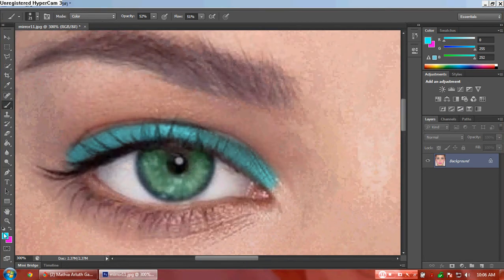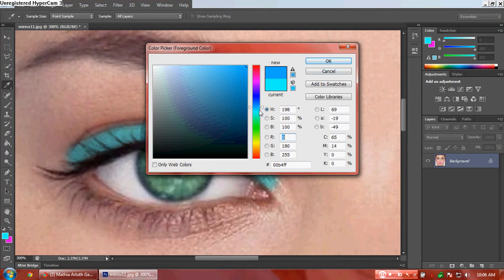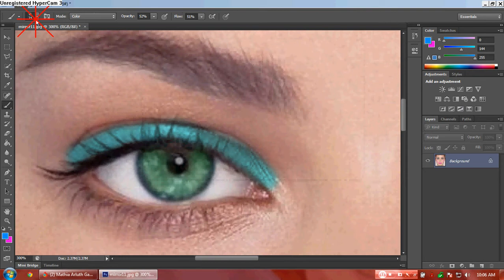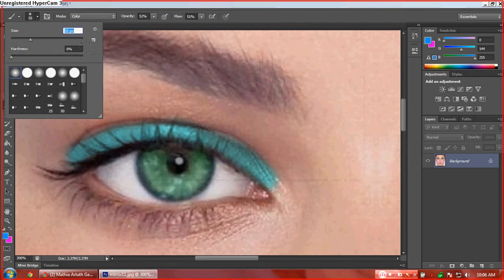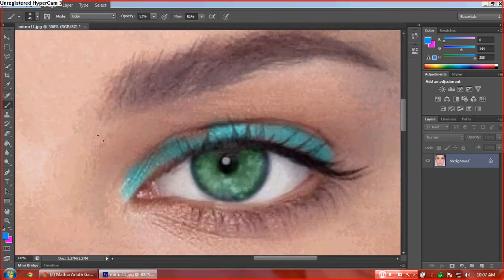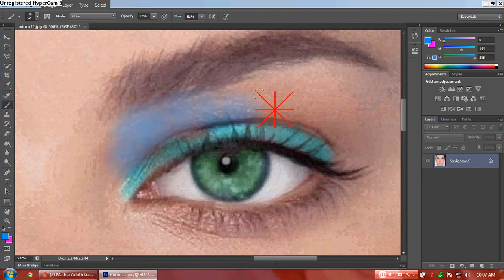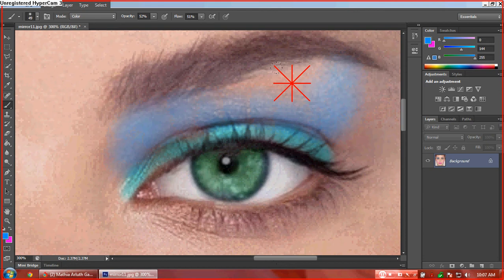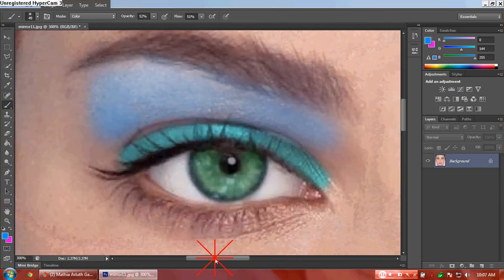To put in this part, choose another color and change the size of the brush into 49 pixels and the mode, opacity and flow is still the same. If you want to put design,